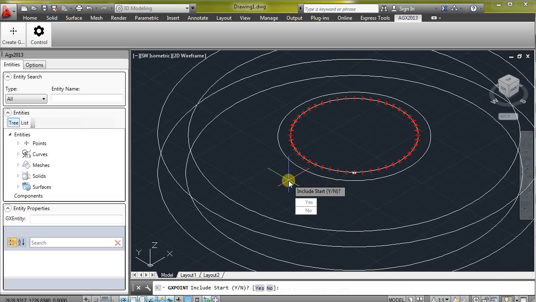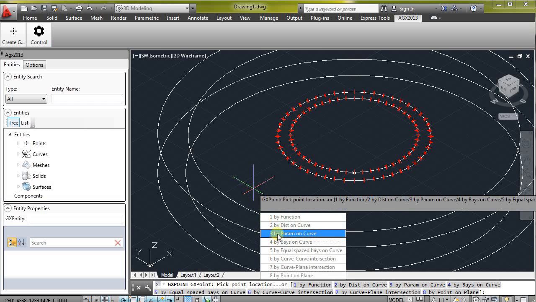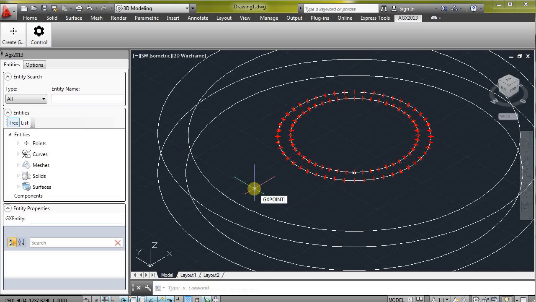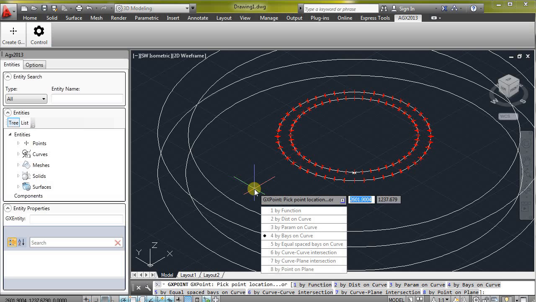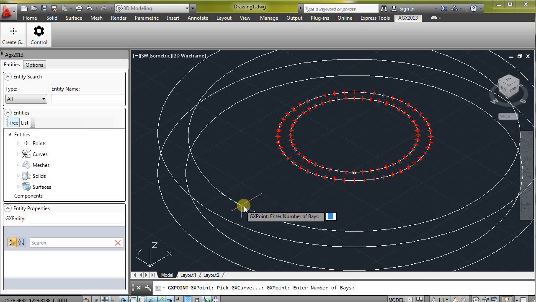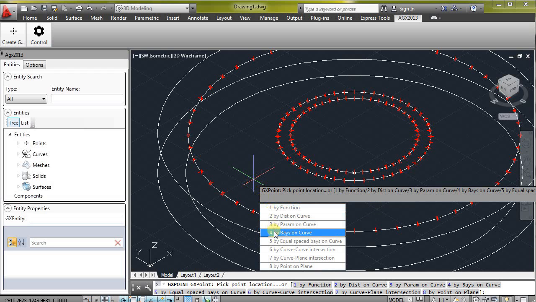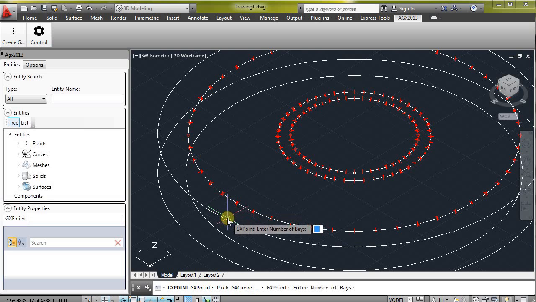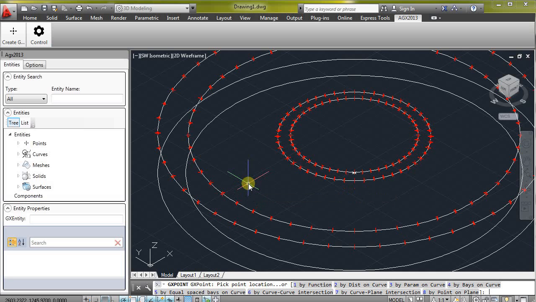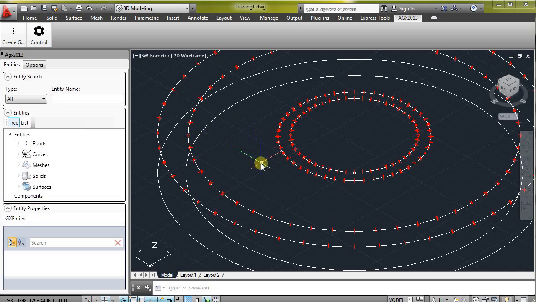48. Yes. No. Repeat it again. 48. Yes. No. Choose the next. 48. Yes. No. Right, so now we've subdivided each of these top-level circles by the number of bays that we need, and we're going to have to attach lines